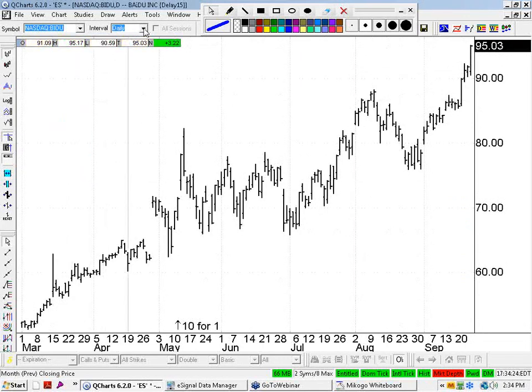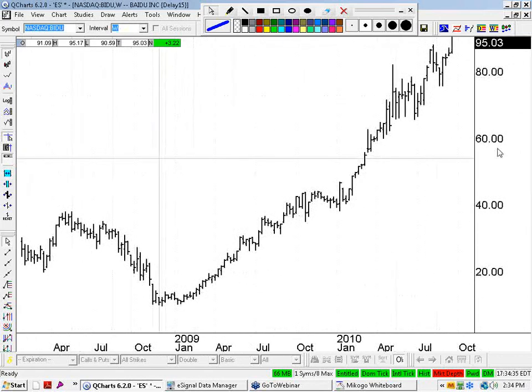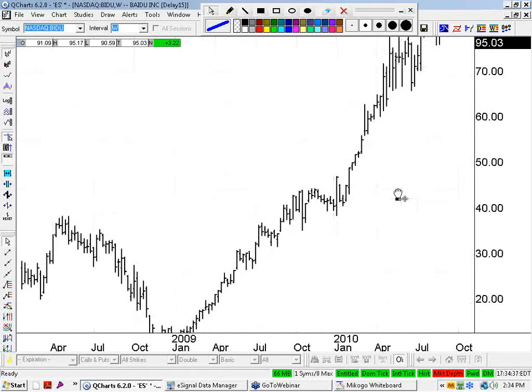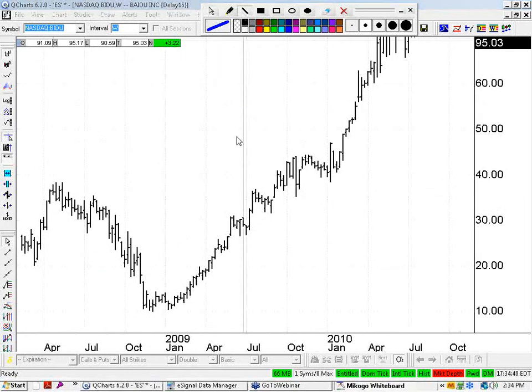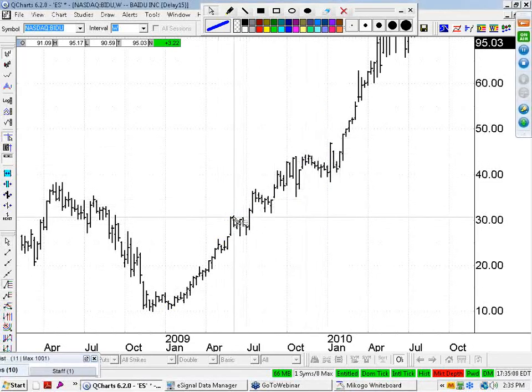Baidu's always been a strong stock, going way back. Okay, why is that? Well, the weekly chart starts out over here, and as you can see, the time range got wider, wider, wider, wider. And the reason why getting wider and wider means it's going stronger and stronger is that once you get wide enough to where the widest ones will overwhelm these smaller ones,